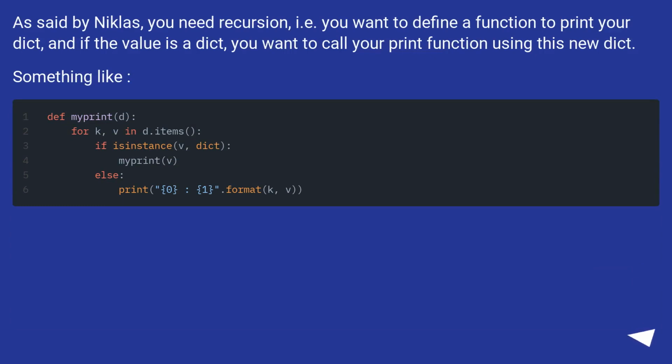As said by Nicholas, you need recursion, i.e. you want to define a function to print your dict, and if the value is a dict, you want to call your print function using this new dict. Something like